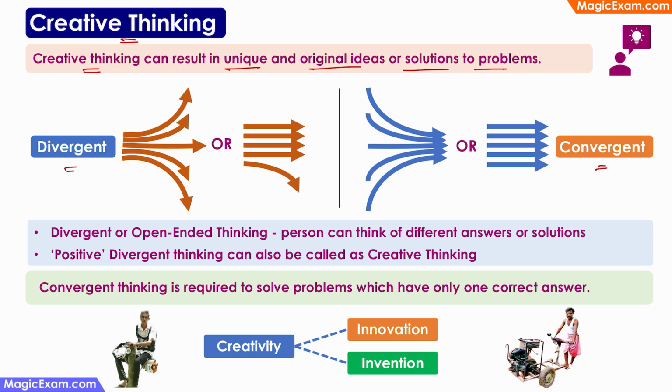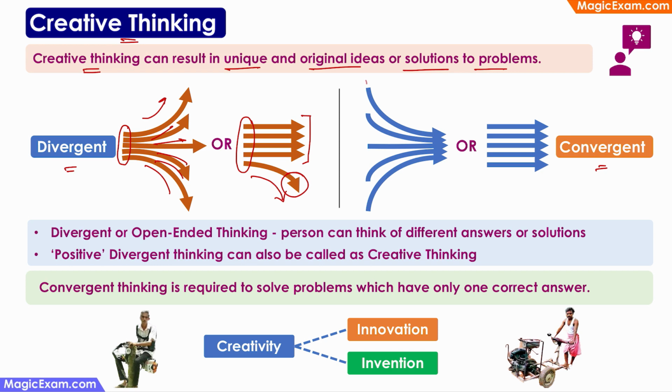Divergent thinking means that if you give the same kind of problem to a set of children, and every child is trying to solve the problem in a different way, looking at it from different angles and trying to find a different solution, then that is divergent thinking. Typically in a classroom, if you give a standard problem to all the children, most of them might use a standard process, whereas there might be some gifted children who are looking at this problem in a different way, from a different angle. So this is divergent thinking.